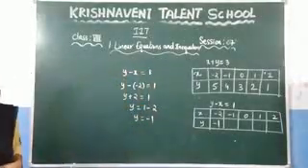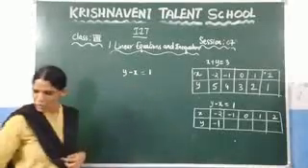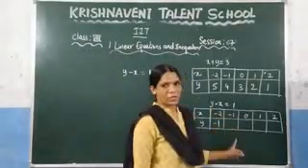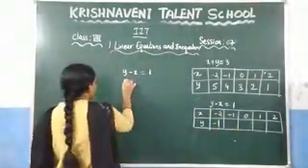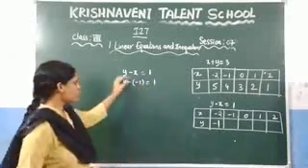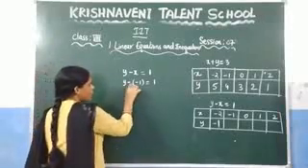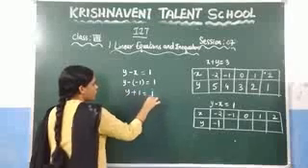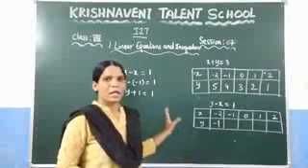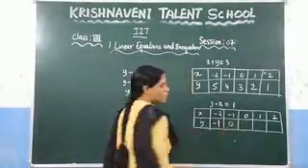Similarly here, substitute in place of x minus 1. Now you need to check, if the x value is minus 1, what is the value of y? So here y minus of minus 1 is equal to 1. So in place of x I have written minus 1. So what you are getting here? y minus into minus is plus 1 is equal to 1. If you take this plus 1 to this side, it will become minus 1, and 1 minus 1 gives you 0. So this value will become 0.